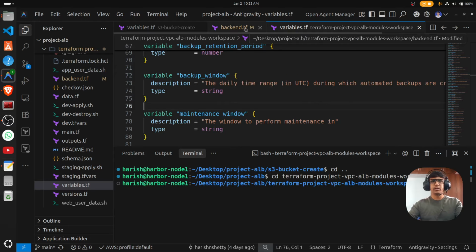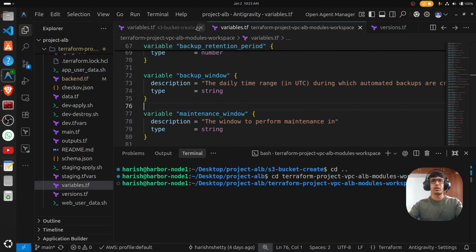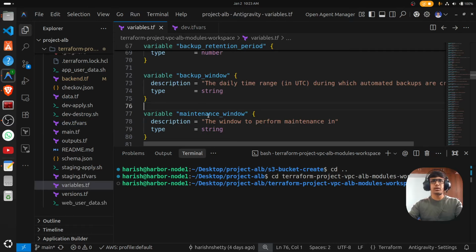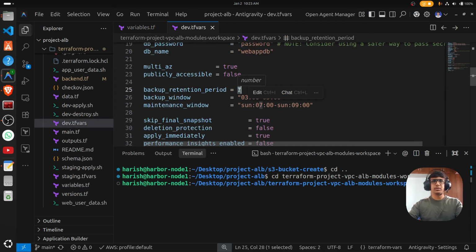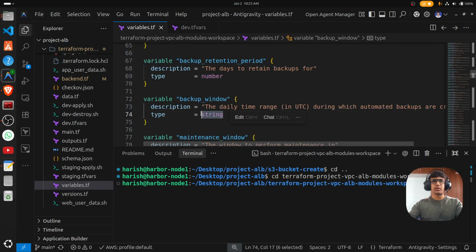Backup window is 7, string, this is over. Yeah, backup retention period is number, type is number, I am defining it as 7, and the backup window is also a string,